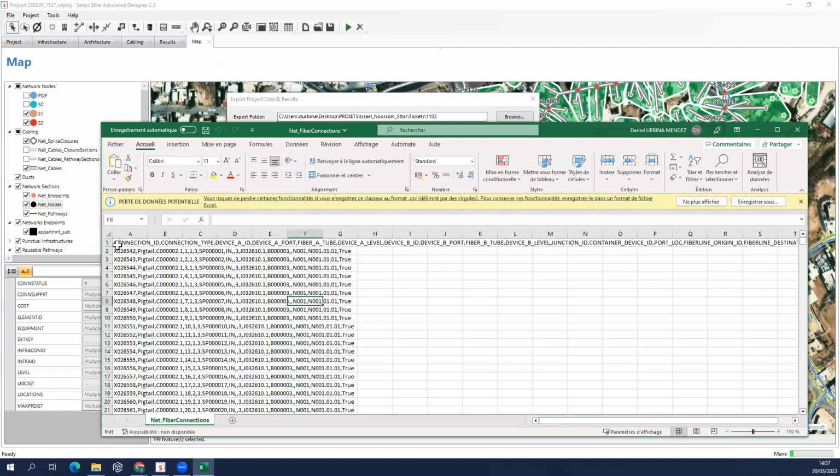So it's a CSV file. So you have, for example, connection. You have the device A and B. Those are the extremes of each device. You have port, fiber. So this is all the logic behind. So for example, SP is a splitter. So you have, for example, a cable